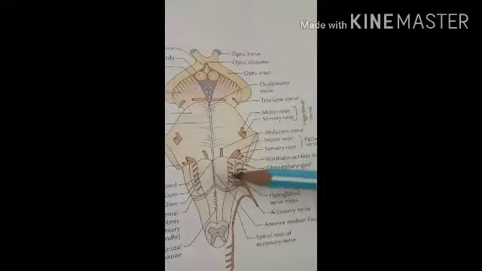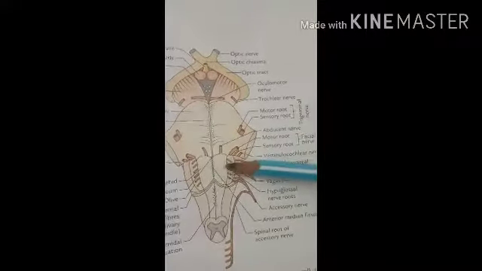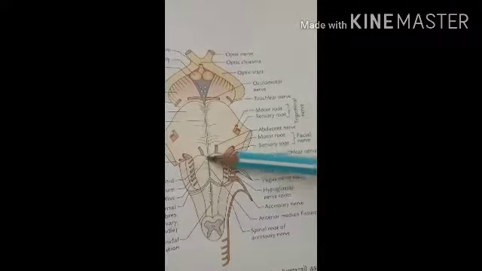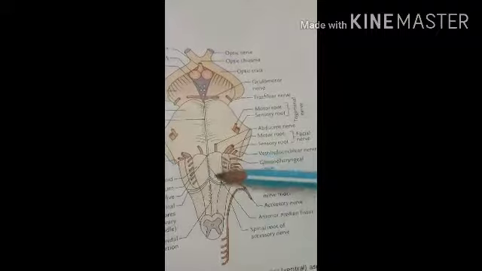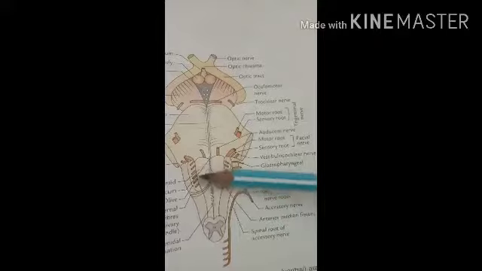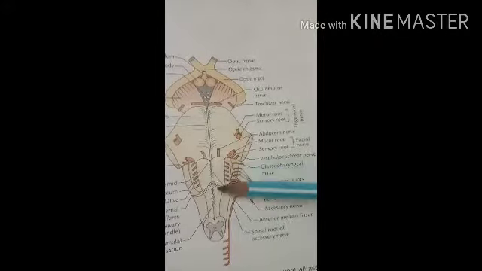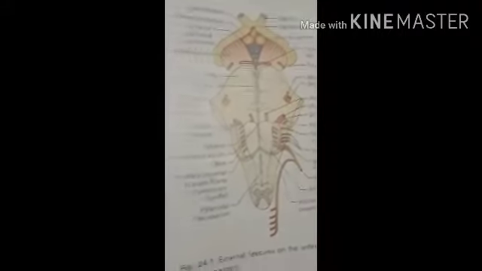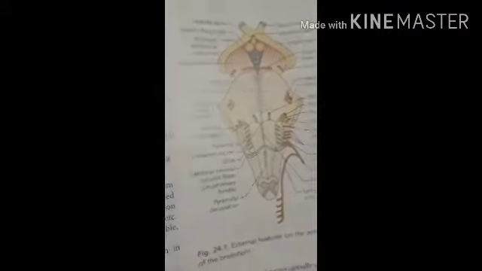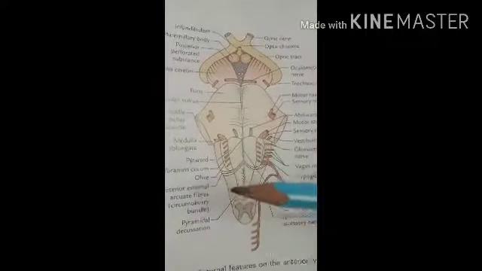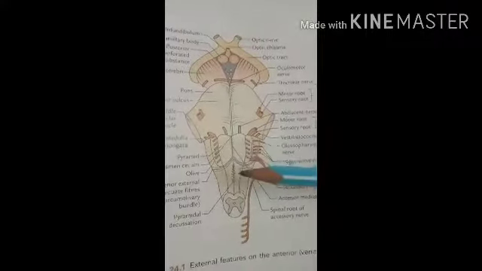Then the region between the anterior median fissure and the anterolateral sulcus, so this region, this is the anterolateral sulcus and this is the anteromedian fissure. Between these, the elevated part is called the pyramid on both sides. This pyramid shows the elevation due to the presence of a large bundle of nerve fibers which descends from the cerebral cortex to the spinal cord.